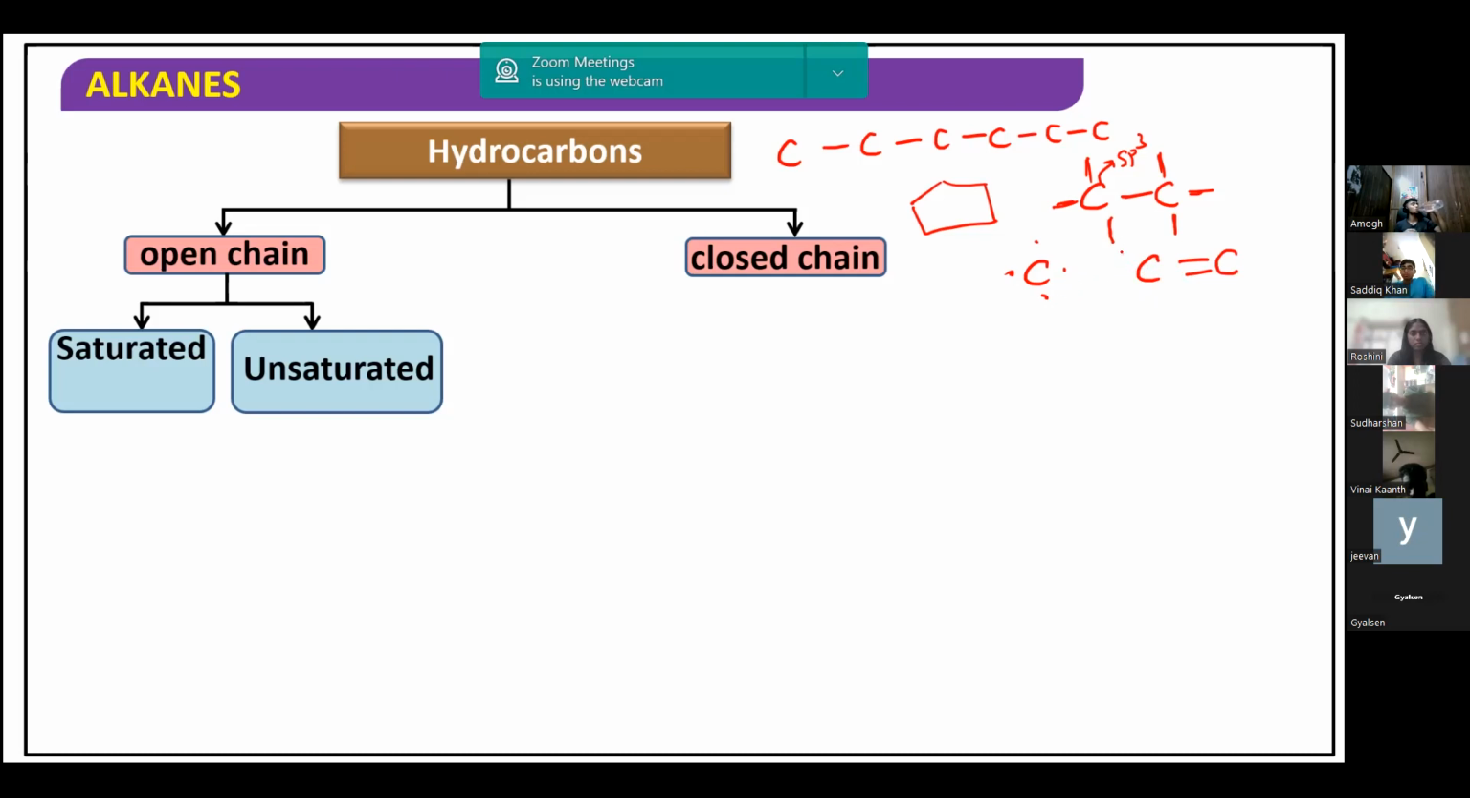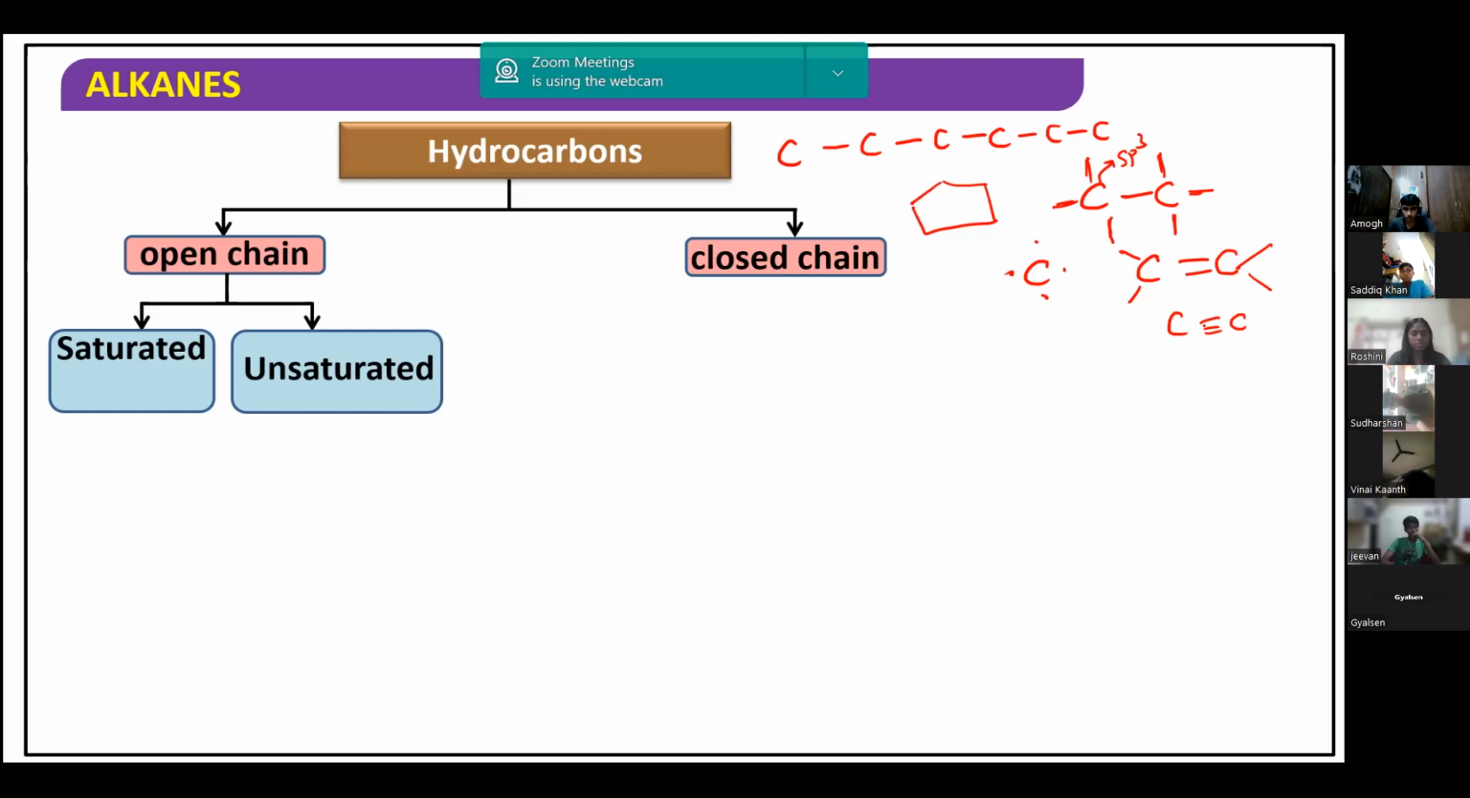So that means you can have the remaining 2 bonds for this carbon, because it has already made 2 bonds here. So this is the basic structure of an unsaturated hydrocarbon, an open chain hydrocarbon. Here, if at least one such double bond is present in the chain, then the compound is known as an unsaturated open chain hydrocarbon. And if we have a carbon-carbon triple bond like this,